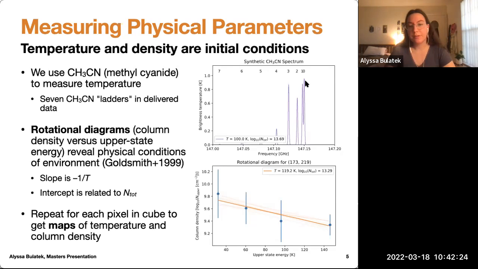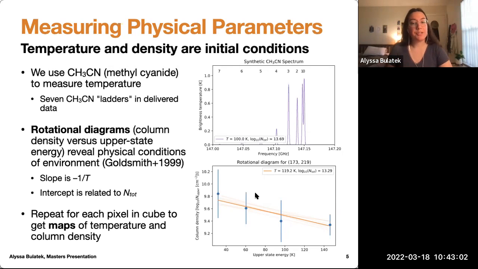So this is an example model spectrum of methyl cyanide. What we can do is take these spectra and make what are called rotational diagrams from them to be able to actually extract the physical information we're interested in, the temperature and the density of the region. So some scientists, Goldsmith and Langer in 1999, figured out that if you plot the upper state column density of a given rotational transition in a methyl cyanide ladder against the upper state energy, essentially the energy that you need to excite that particular component,